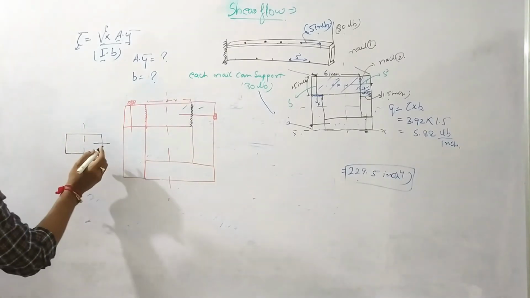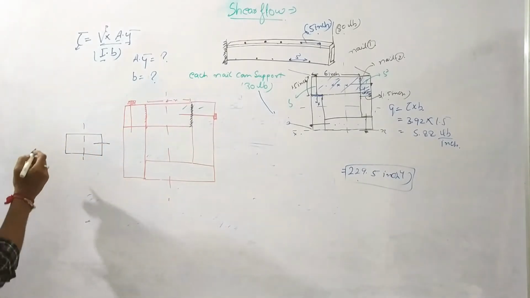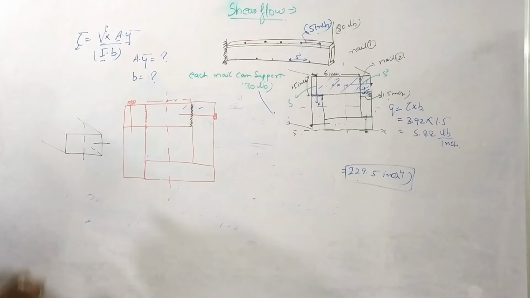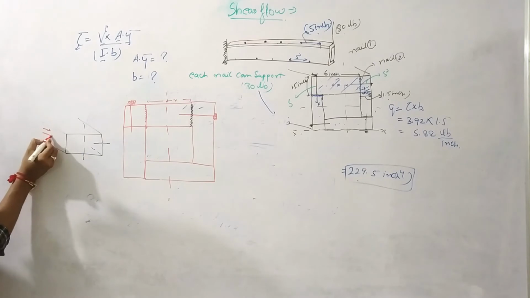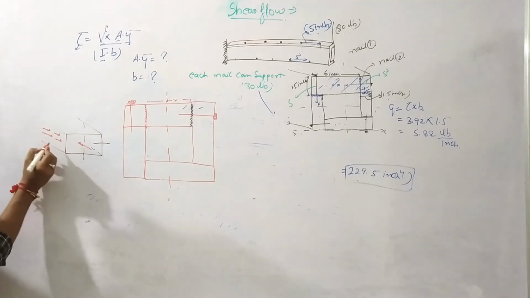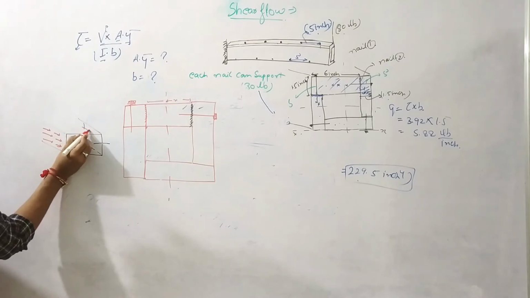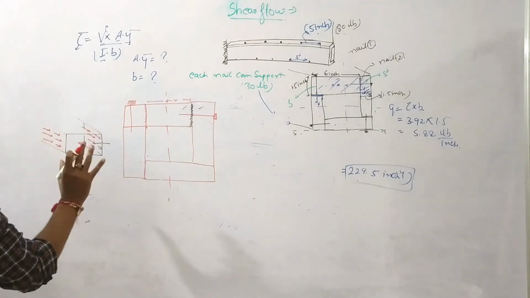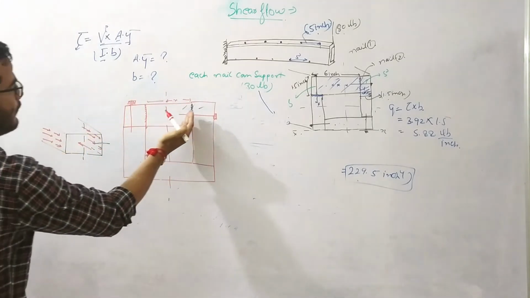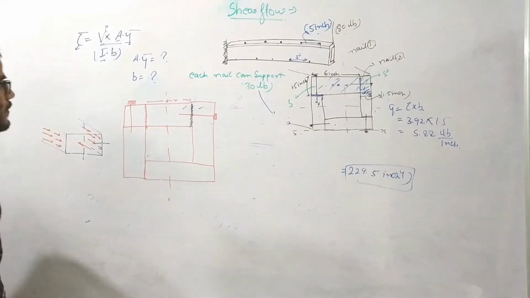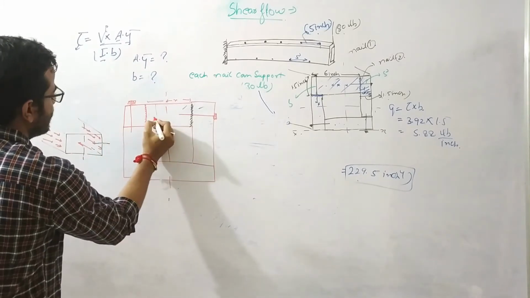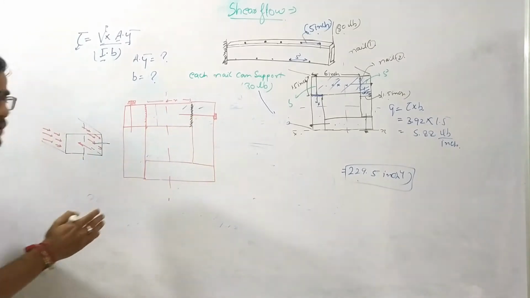Now what I want to tell is, let us suppose this is the figure. If some imbalance force is in this direction, to balance this force the resistance will act like this. So the figure is symmetrical, so the response will also be symmetrical. That's why I have taken the similar cross section at this point. If I take some different section, at a different location, then the shear stress at this point will be different, and our problem will become tough.